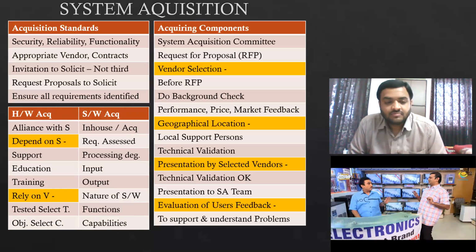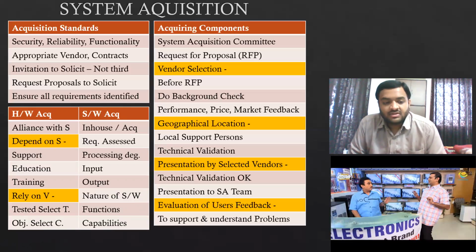Before that, we will assess what are the requirements from the software, what is the processing degree required, what will be the input, what will be the output, what is the nature of the software, what are the functions and capabilities required from the software. So basically, they have made a list of requirements, and then they have told that if you can't buy it from the market, develop it in-house. Basically only 2 points are there, but you need to elaborate that we will see functionality requirements, then capability requirements, then input, output, processing, and the nature of software.